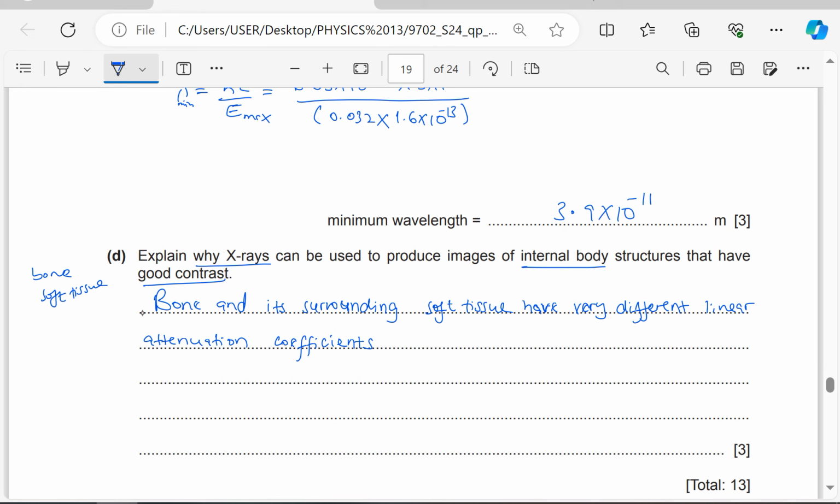You know what we mean by attenuation? Loss in signal strength, loss in the strength of the X-rays. So bone and its surroundings of the tissue have very different linear attenuation coefficients, and